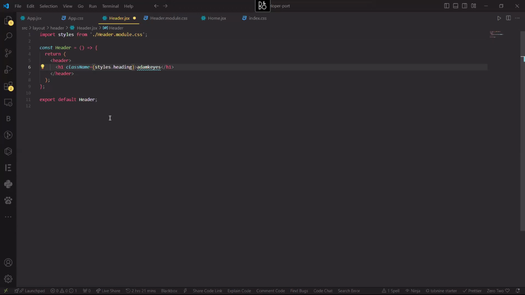Some people use classes, some people use styles, but personally I like styles, so I use style. If you come and put Adama or Divine or Malik or anything here, it works the same, so long as you're using this particular stuff here. So this is how you style your